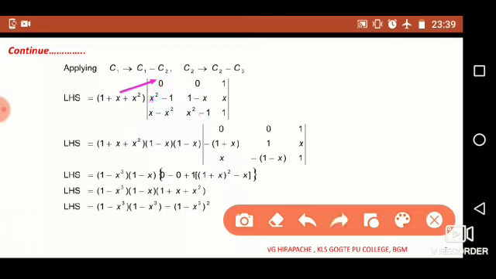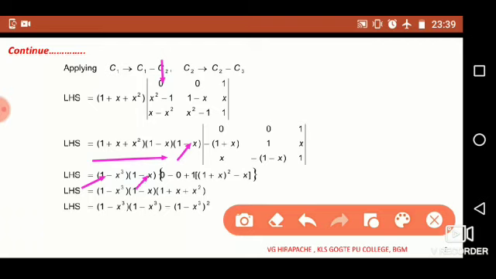Now taking the common factor along the first column, we have 1 plus x plus x square. Then the common factor along the first column is 1 minus x. Then we are left with 0, minus of 1 minus x and x. Sorry, it is 1 plus x. And along the second column, we have the common factor 1 minus x. Then we are left with 0, 1 and minus of 1 minus x. Then here we are left with 1, x and 1. Now let me take 1 plus x plus x square into 1 minus x, that gives the factor 1 minus x cube, and the outside factor 1 minus x as it is.